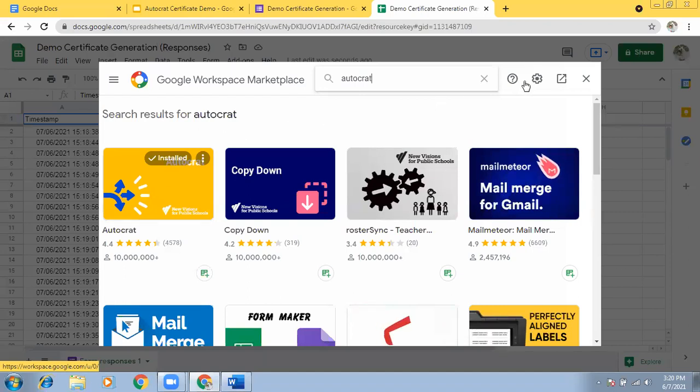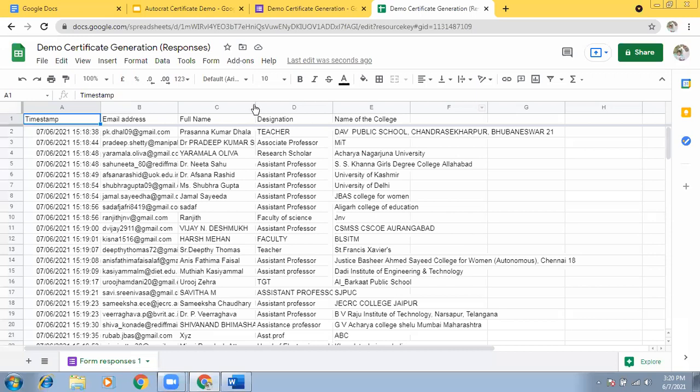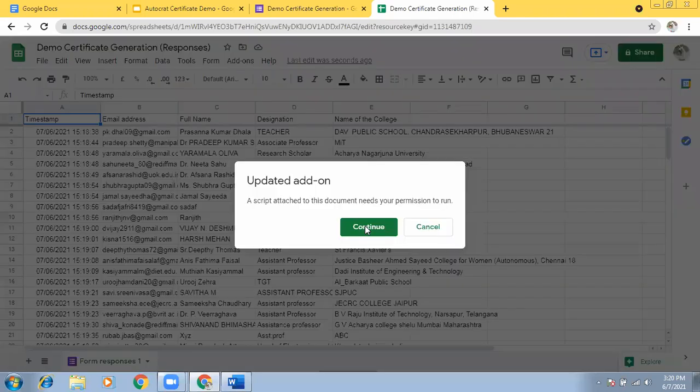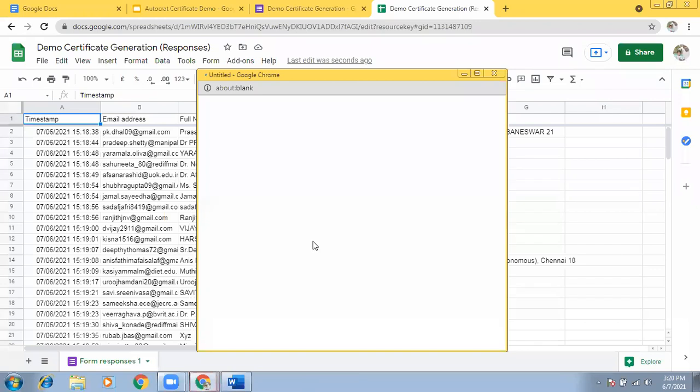Now you install this add-on. After that, you come back, close it. Then you go to add-ons. When you add the add-on, you will have Autocrat here. Then you click launch. Then you click continue. You click on continue.